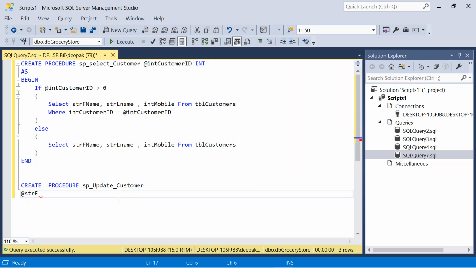My first parameter will be fname, next would be lname again. We can pass as many parameters as we required, right? But this is for example, so I will pass 2 parameters only.